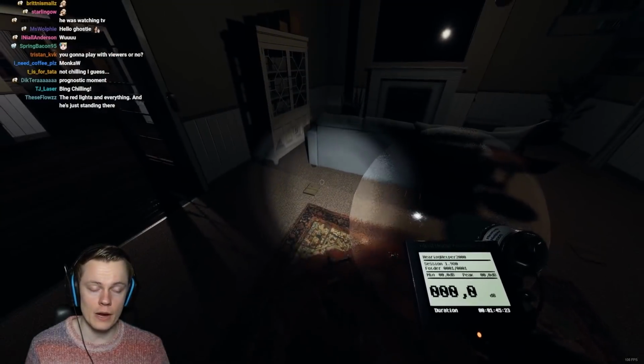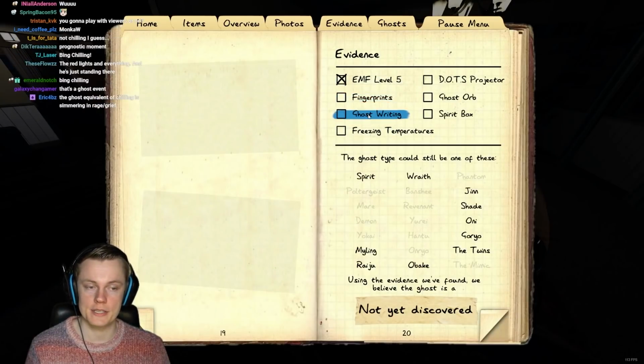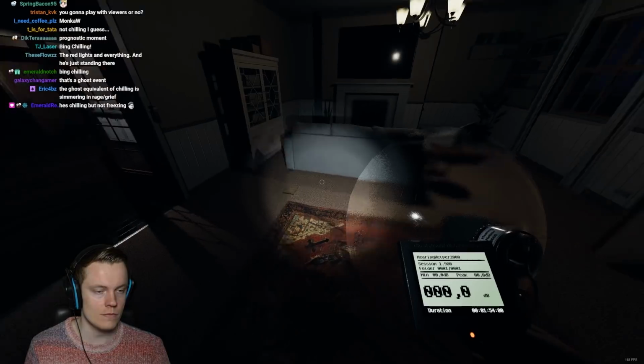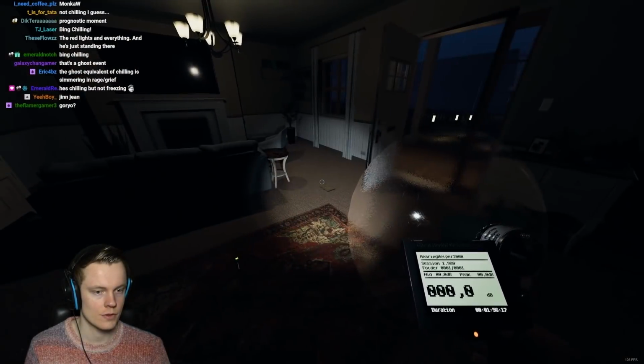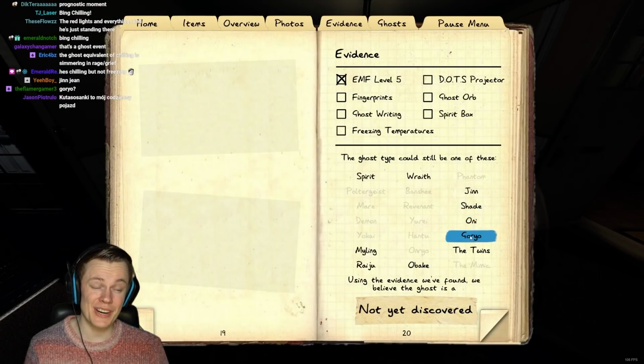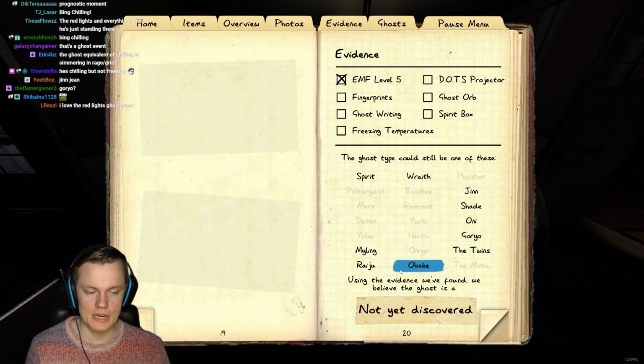It might not be writing at this point, which would mean it's not myling, which would mean it's not shade, obviously. So that's also something. So then we're left with Oni. Goryo would be a nightmare. The twins, we haven't heard anything. Obake would need fingerprints, so that...